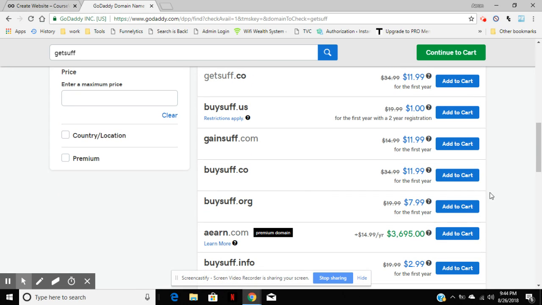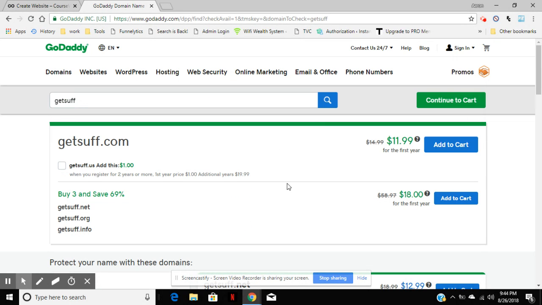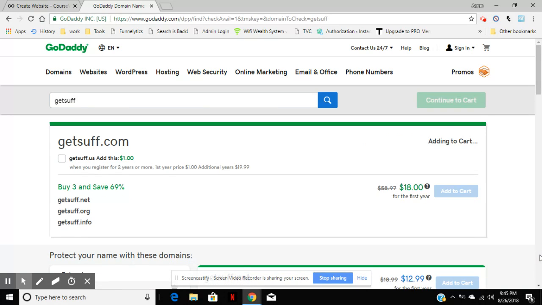.co is a good one. So just use one of those ones. You're welcome to buy all of them, but I don't particularly buy all of them when I build my websites. Just keep that in mind. I prefer to get .orgs or .nets or .coms. That's just my personal preference when I'm building a website. So once you've got the one that you want, you just add to cart. I have .com available, so I'm going to go ahead and add this to cart, just one of them.